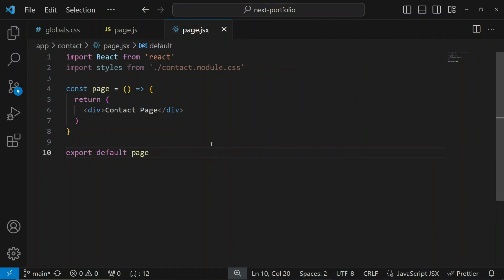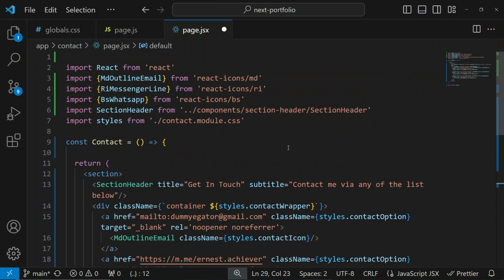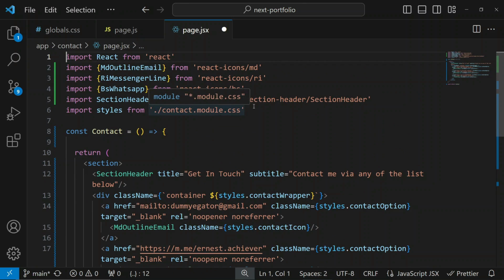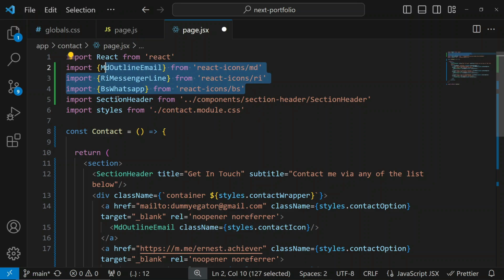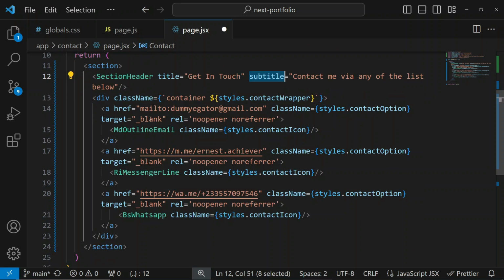The contact page is very simple, so I'm just going to paste it, okay, so that I explain what is happening here. So as you can see, we have some imports here. We have the CSS file imported last. Of course, we have some icons and we have the section header as well. So in the return, we have a section, and a child of that is the section header with the title and the subtitle. We have a div that wraps around the different links that we have, and the first link